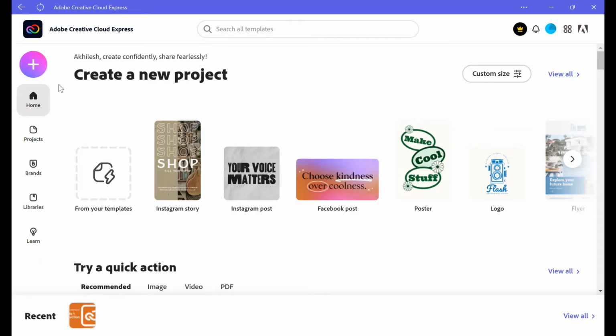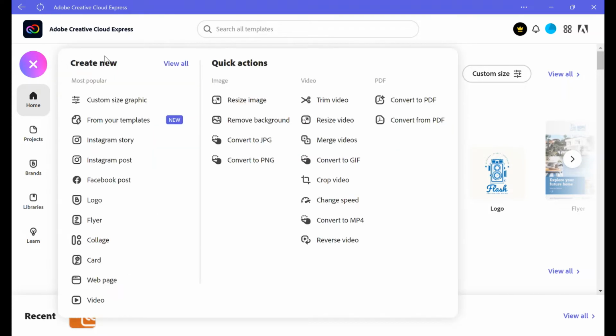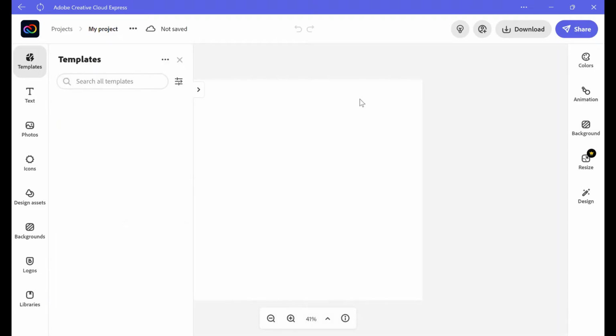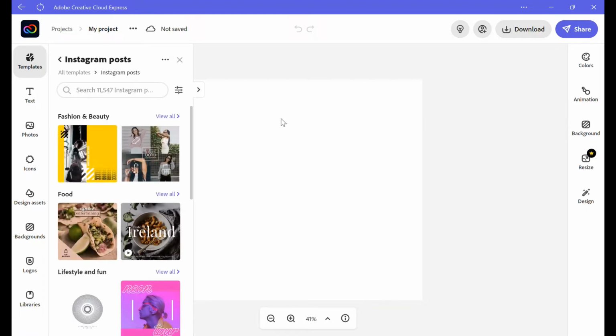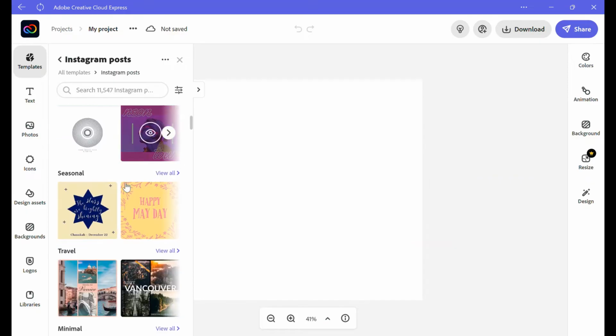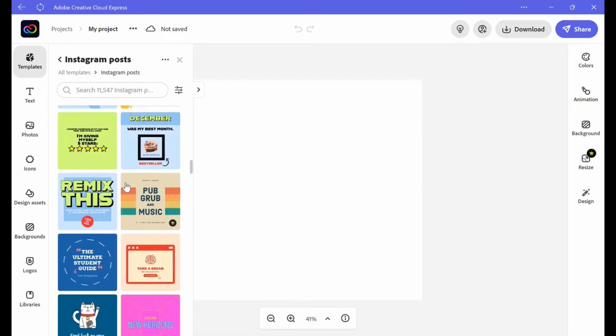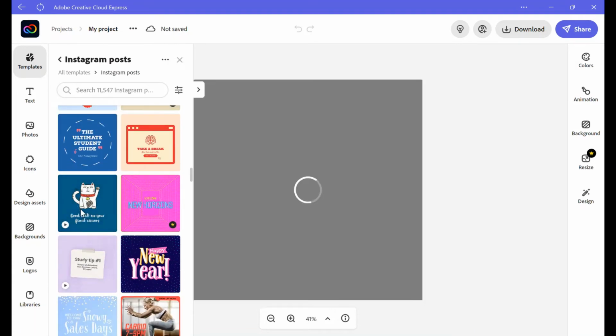Now click the plus icon and in Create new, click on Instagram post. Now select the template which you want. Let me select this template